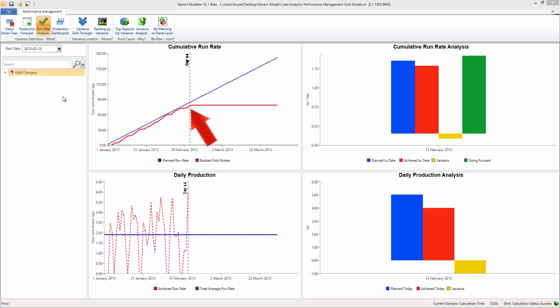The run rate worm shows how the cumulative actual run rate varies to the required average production rate. The cumulative run rate analysis graph compares this required average production rate to the actual average rate achieved to date. The variance is shown, as well as the required average production rate going forward to achieve the planned target for